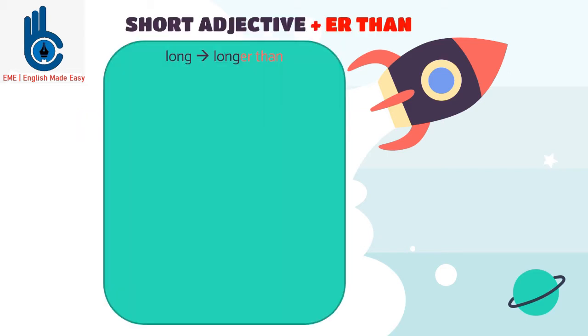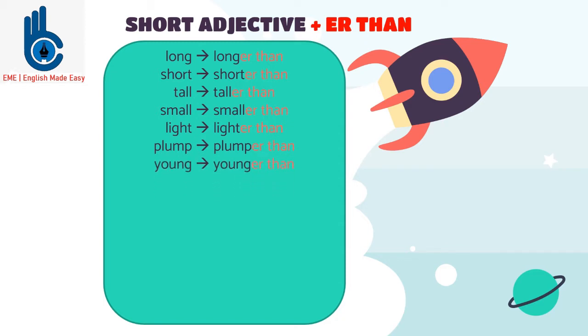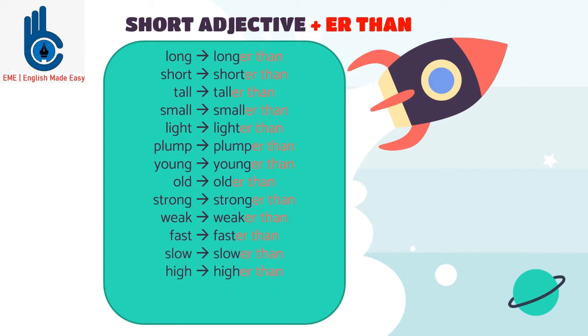As we can see in the examples, long become longer than, short become shorter than, tall become taller than, small become smaller than, light become lighter than, plump become plumper than, young become younger than, old become older than, strong become stronger than, weak become weaker than, fast become faster than, slow become slower than, high become higher than, low